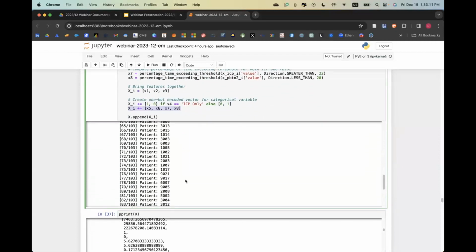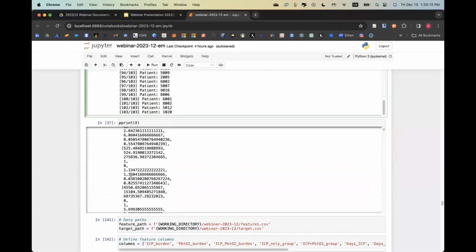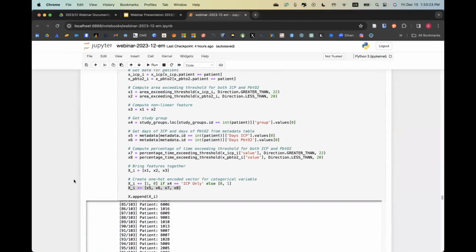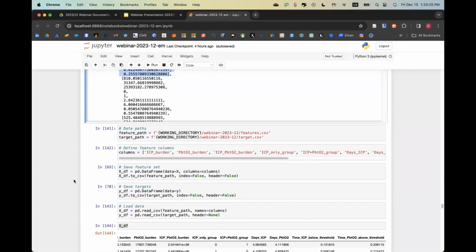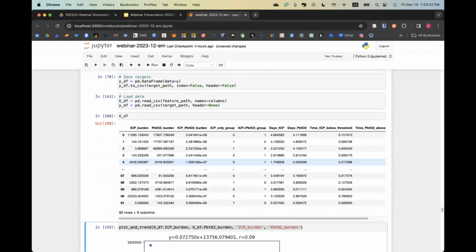And then I ran it for all the patients, and it looks like a giant array of numbers. A 2D array where each item in the array is an array of features that I just defined, x1 through x8. I saved that data, put some columns, and then I'm going to load it back in, and this is what we have.